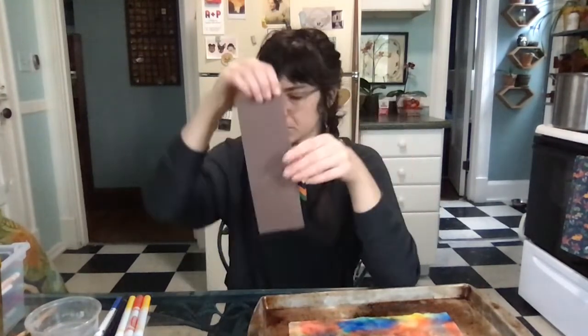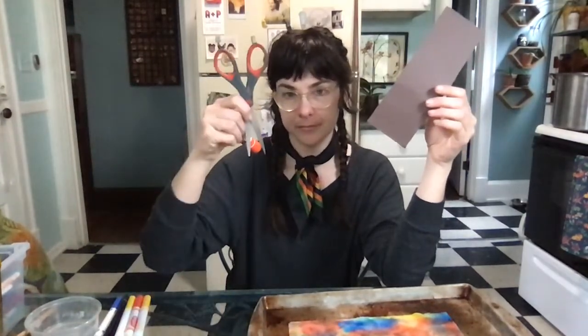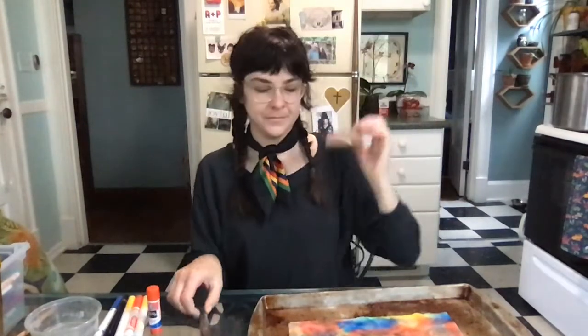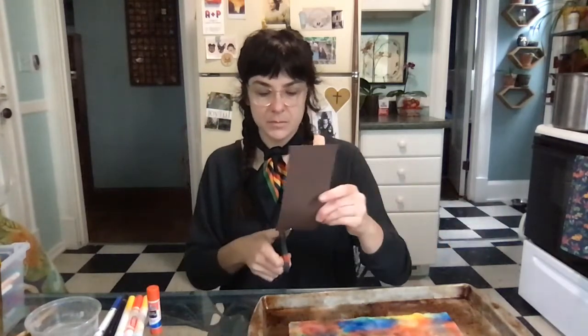Now, I have a pair of scissors and a glue stick. What I'm going to do is cut this to make my frame, and I'm going to glue the edges. You could also use tape. If you don't have a glue stick, you could use tape. I have some blue tape right here, so I'll show you. Now, frames have how many sides? 4. So, you might need an adult to help you with this, but I'm going to cut